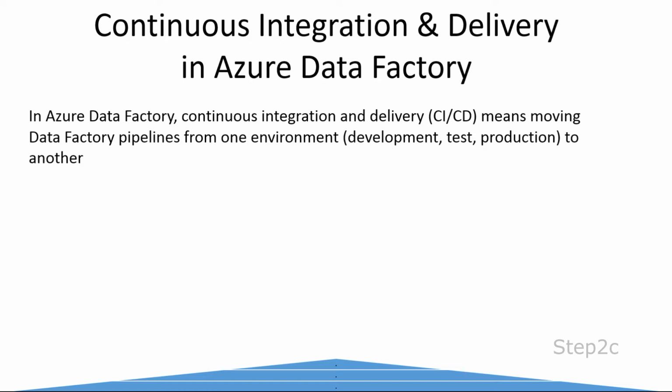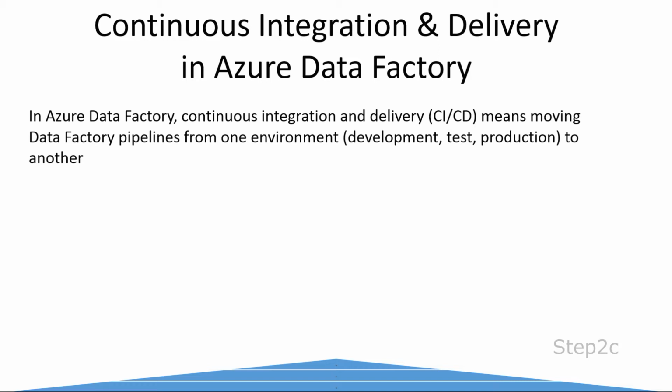So while we are working in a company, we might have different environments. Say we might have development environment, test environment, and production environment. In development environment, we will implement all the pipeline development or all the code change. And test environment will be dedicated to validate the pipeline. And production environment is dedicated for production workload.